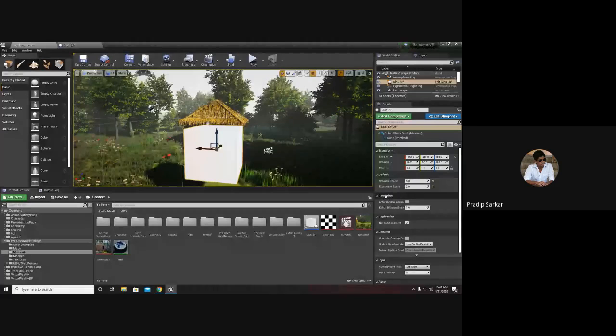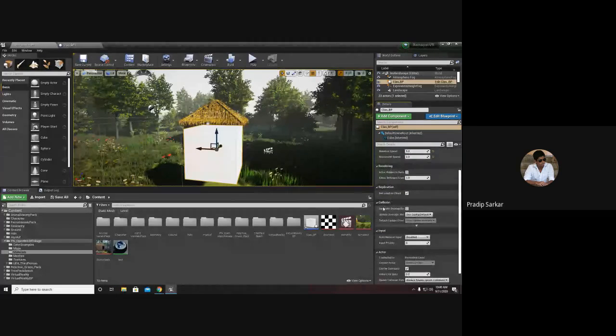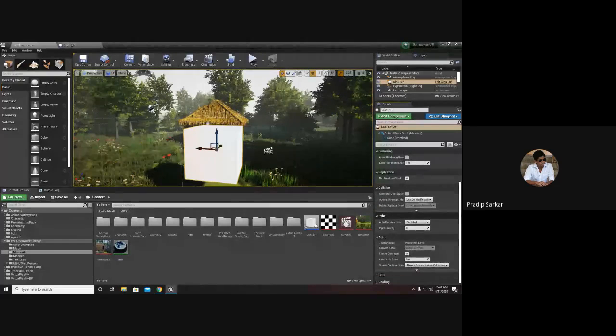Next is the rendering. Below rendering we have replication. Below that we have collision, and below that we have inputs. Now the auto receive inputs are disabled, so I have to enable the inputs. So I will set it as player 0. Now this cube is able to receive my inputs.